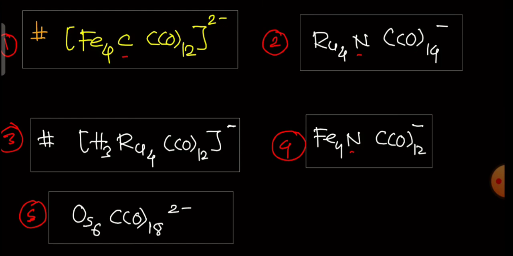You can try to solve these examples. What we have to do for that: first step is find the total valence electron count. Then the skeletal electron pair. So how to find skeletal electron pair? Total valence electron minus 12 into n, by 2, then the number of vertices. You can find out the geometry as well as the type of cluster. Okay, so this is very simple, that's called Wade's Mingos rule.